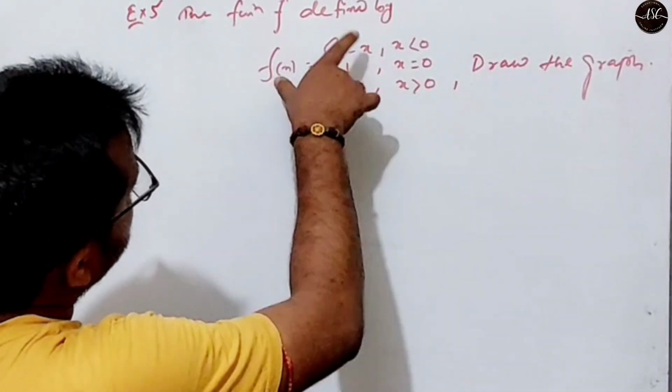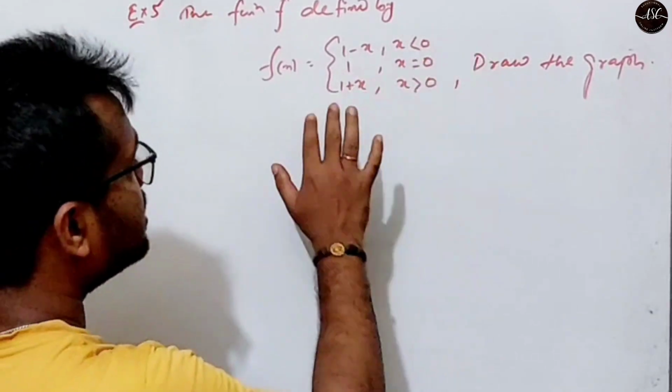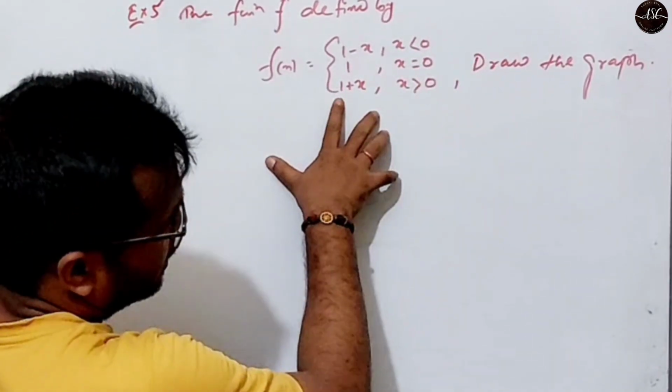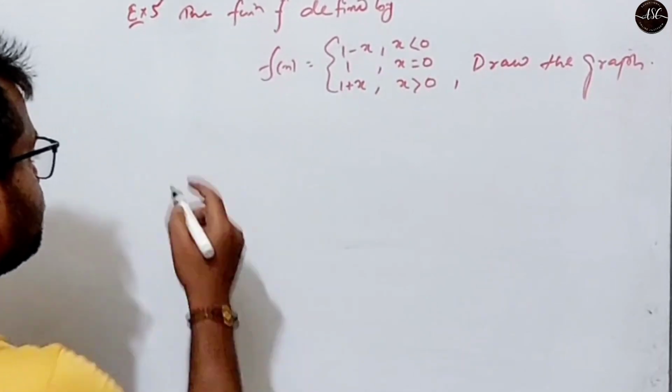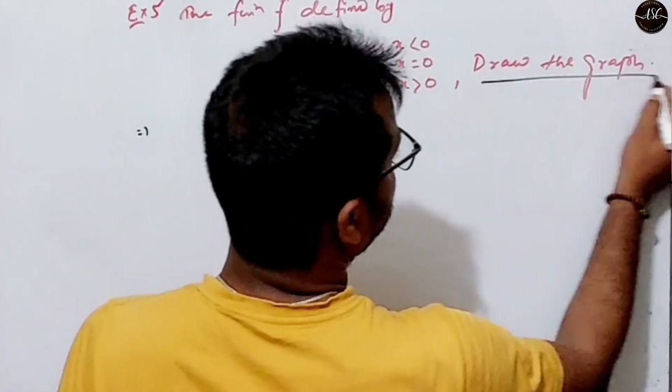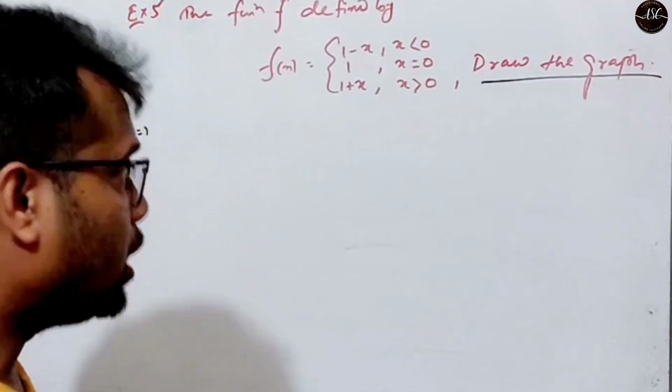The function f is defined by f(x) equal to 1 minus x when x less than 0, equal to 1 when x equal to 0, and f(x) is equal to 1 plus x when x greater than 0. So now to solve this, we have to draw the graph. Firstly,